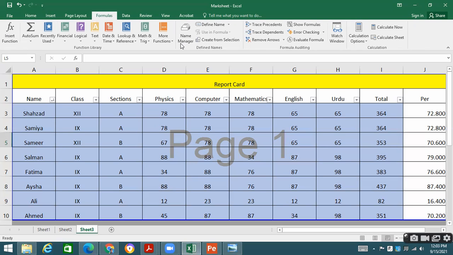No such option is available from this ribbon menu in Microsoft Word, because this is particularly relevant to evaluation and mathematical calculations. We can go to these functions, just like we discussed sum, average, count, max, minimum, and other functions.